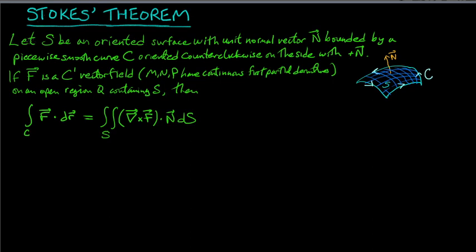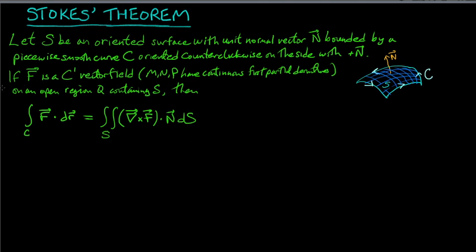We have S, an oriented surface with a unit normal vector n, bounded by a piecewise smooth curve C oriented counterclockwise on the side with positive n. So in other words, just use your right-hand rule. If you curl your fingers in the direction of C, your thumb should roughly point in the direction of n, the normal vector. So if F is a C1 vector field, so M, N, and P have continuous first